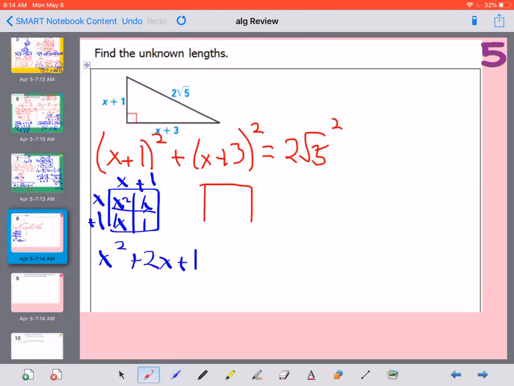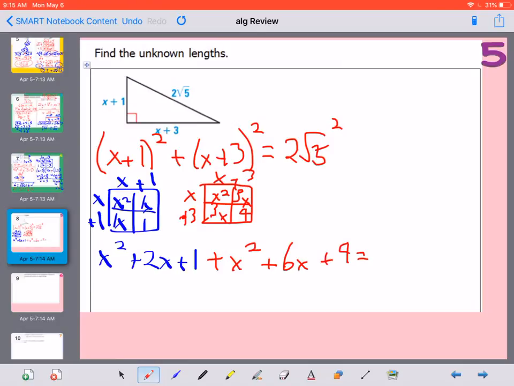Here we're going to have x plus 3 times x plus 3. X times x is x squared. X times 3 is 3x. 3x and 9. If I combine my two 3x's, what I'm left with is x squared plus 6x plus 9 equals